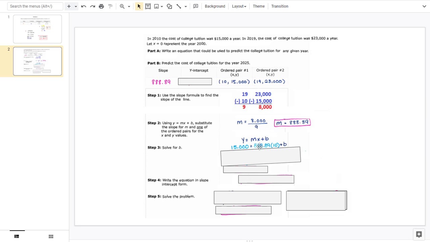We've got our slope, which is $888.89, and we times that by our x coordinate, which was 10, and then our y coordinate, which was 15,000. So we want to make sure you put that in there right. And now we're going to simplify this. So here on this part, we just said $888.89 times 10, which just gives us